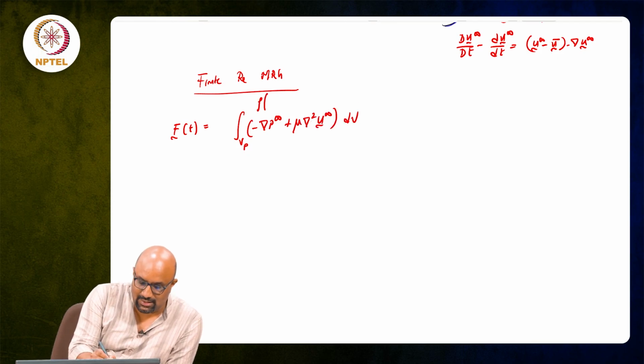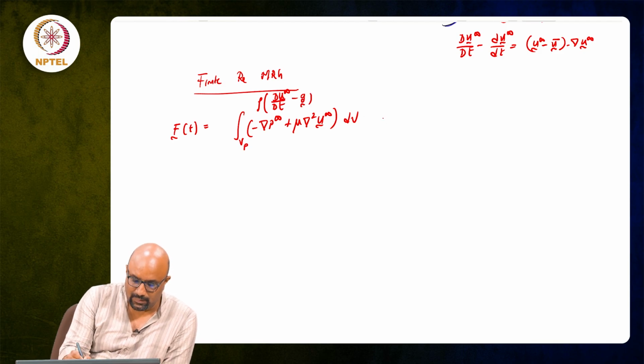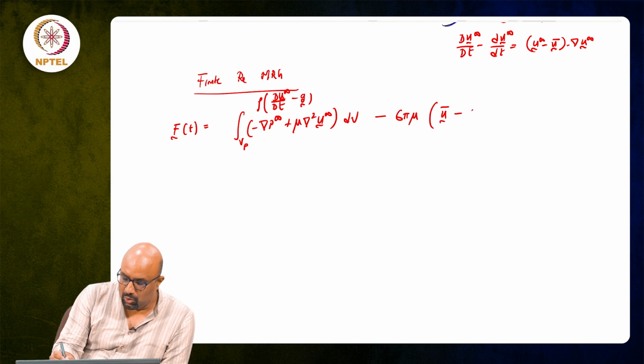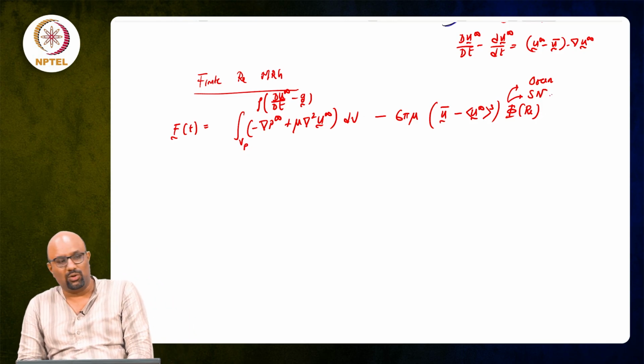If there was nothing else in the problem, this would just be capital D u infinity by dt, that is the fluid acceleration, minus g, and then you will have a 6 pi mu a, u bar minus u infinity, and then a drag correlation. This could either be the Oseen correction or the Proudman-Pearson correction, or it could be a Schiller-Neumann correlation if you want to use something from